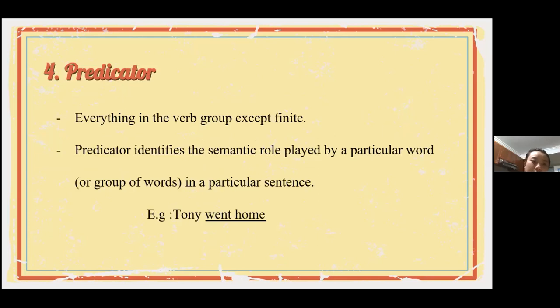The final function is the predicator. I will talk about it briefly. It is everything in the verb group except the finite. Remember, except the finite. The predicator identifies the semantic role played by a particular word or group of words in a particular sentence. For example, "Tony went home." So